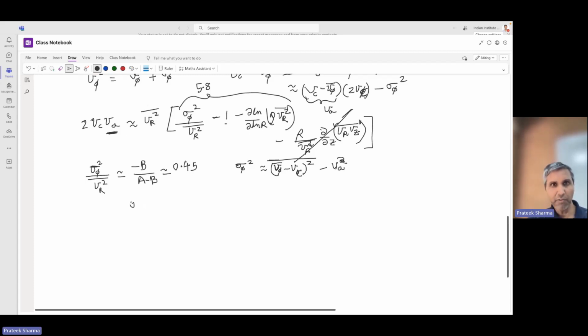Sigma phi squared. What about the z velocity? Because there is also this z velocity. There are more subtleties which I'll not go into, but let me just write down. What do we need? This we have ignored. What we need is some sort of a density profile, right? A disk galaxy density goes like an exponential. So rho is like e to the minus r by rd or something like that. So that can actually help us here. So rho can be written as rho naught e to the minus